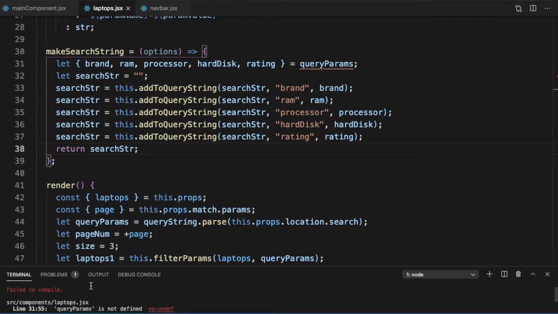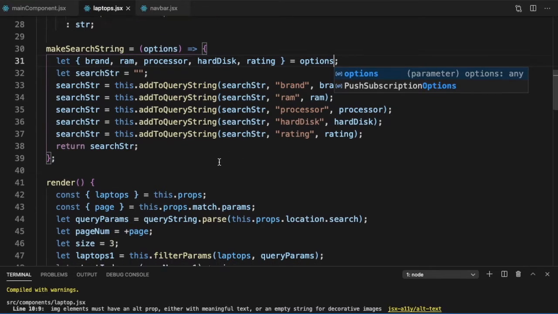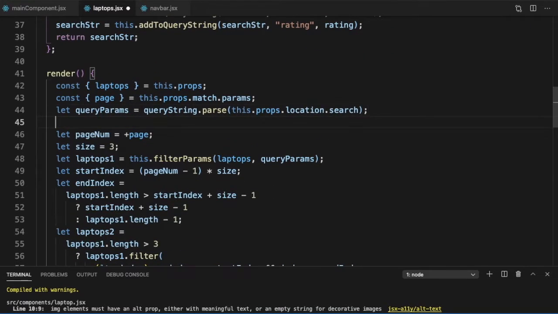So this gives us an error at line 31. So this should be options. We copied it.